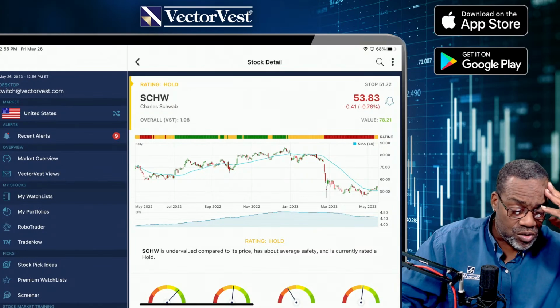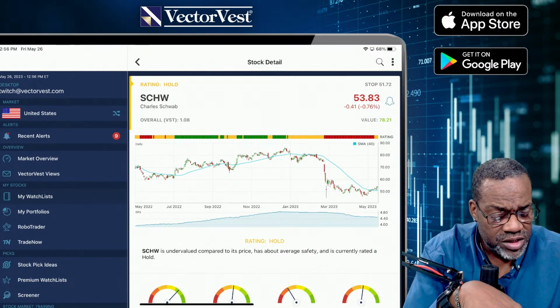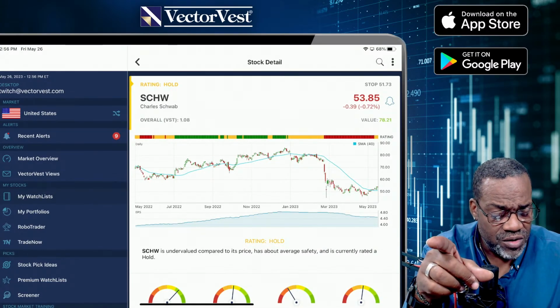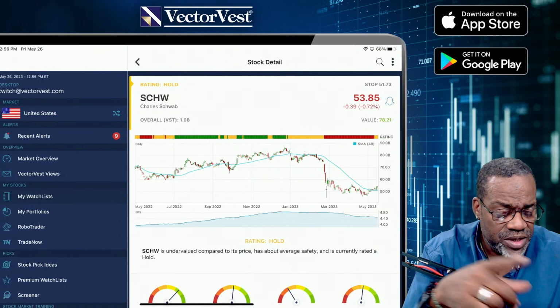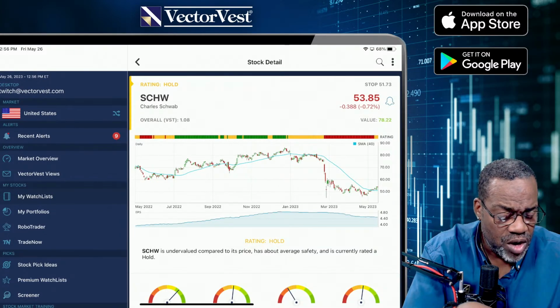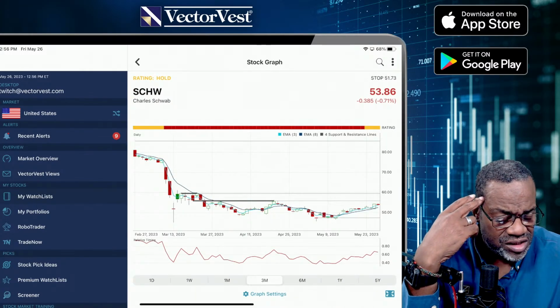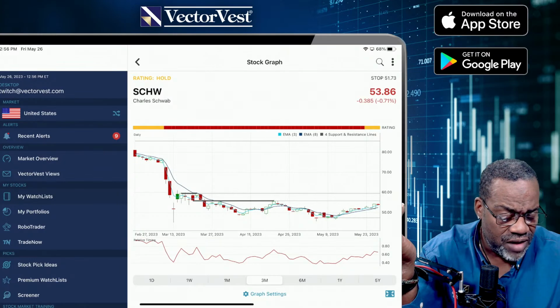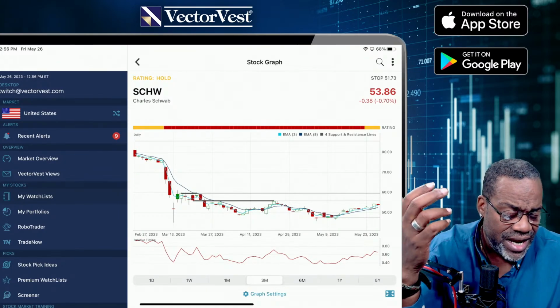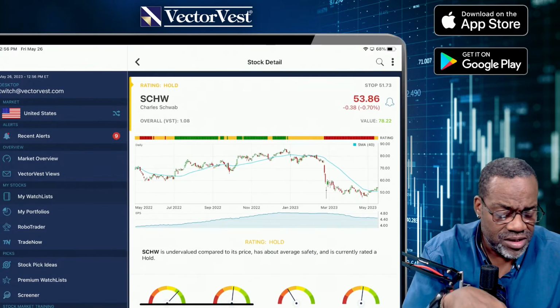Schwab got smoked, and now it's trying to get out of being smoked. You notice this is a great representation of stocks go down faster than they go up. Notice how it's trying to go up, but it's taking a lot longer to go up than it did to go down. I'd be careful with Schwab. Let's click in on it. Yeah, it's got levels of resistance to get through. I do like that it found the level of support, the 3 and the 8 cross. It's got levels of resistance to get through. Until that can happen, I'm not touching that.